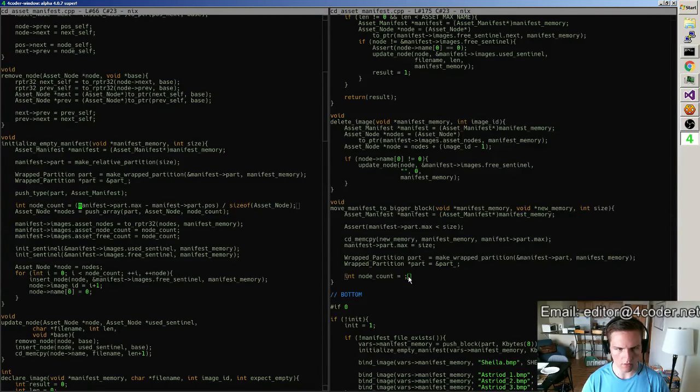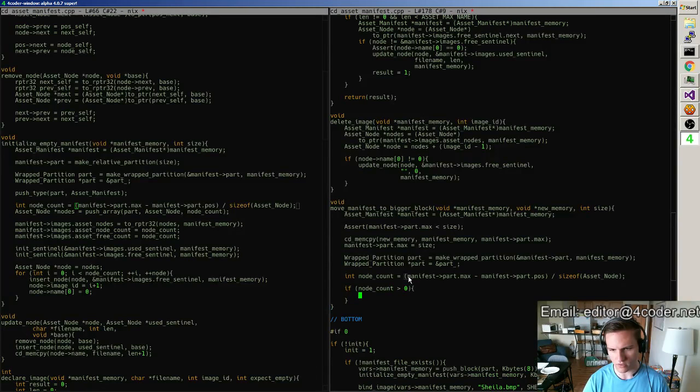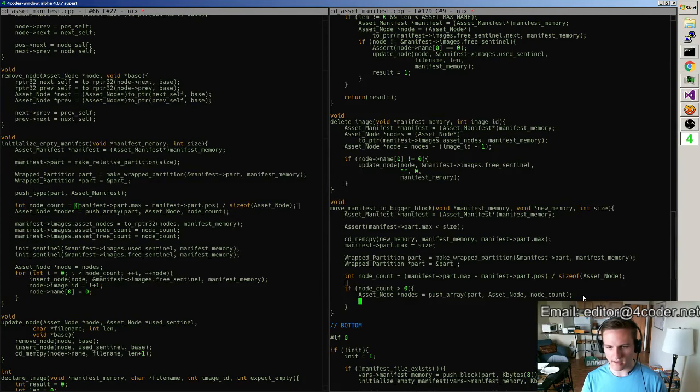We figure out how many we're going to get, and what I should probably do is say, look, if this turned out to be greater than 0, then let's get the asset node, the nodes, and push an array onto that partition wrapper that we've got. An array of nodes with node count being the size of that array. And really we're just extending an existing array there. And then